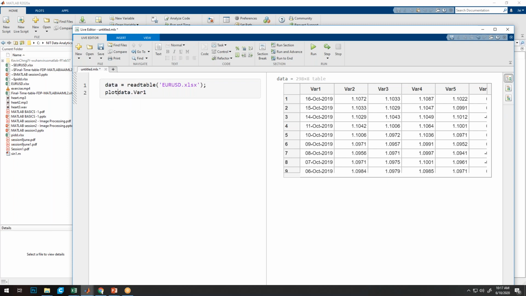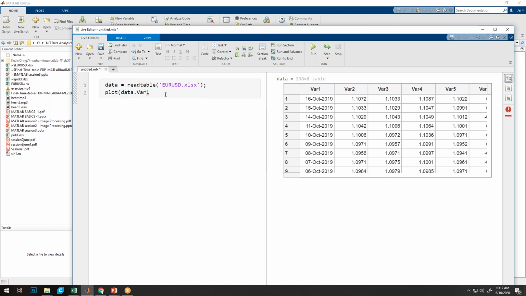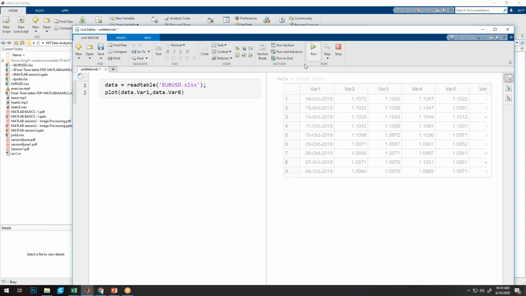Say I want to first plot between this one. So plot data.Var1, comma. Here we don't require any kind of conversion code. Var8, and run it.